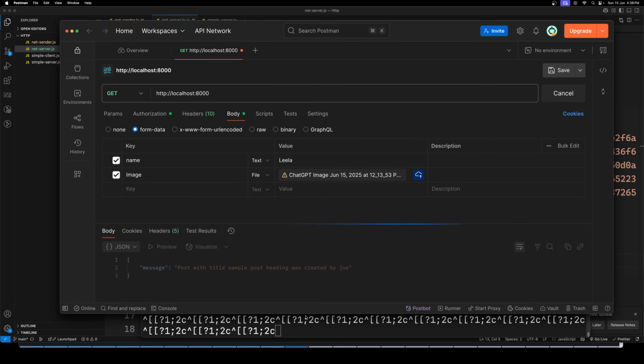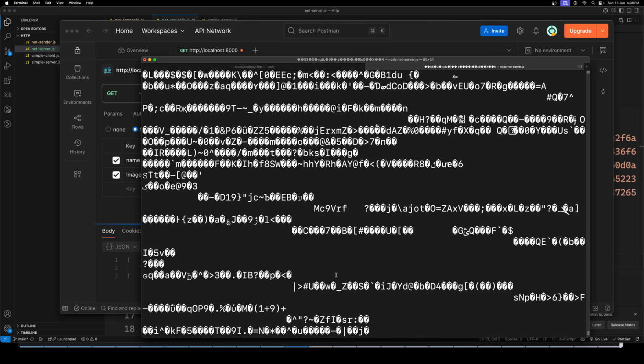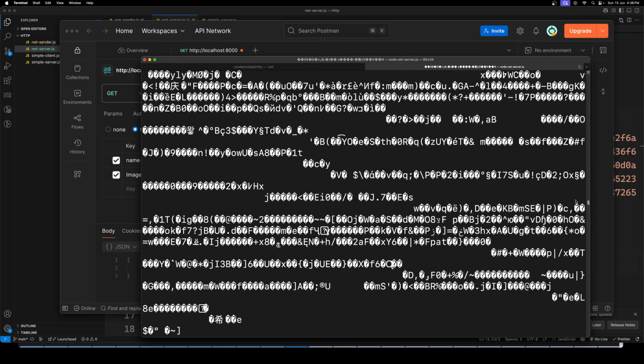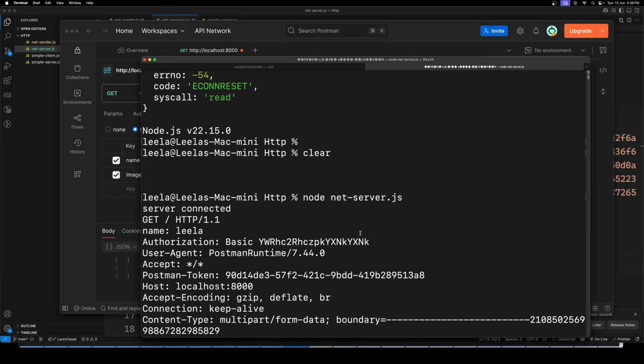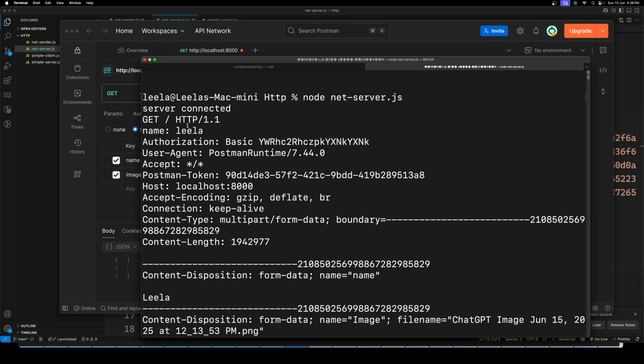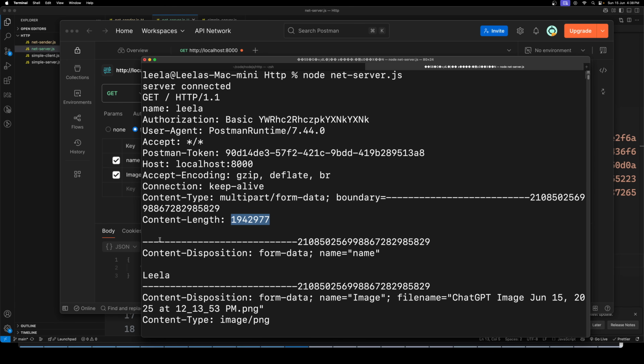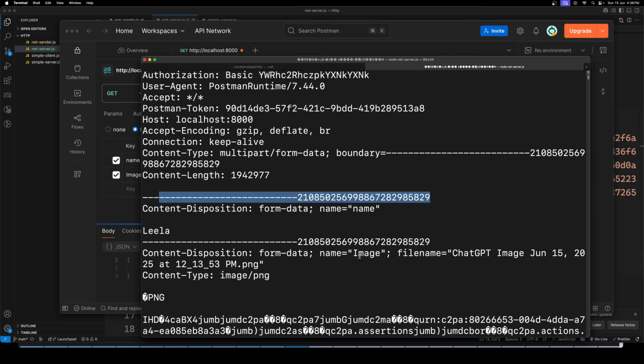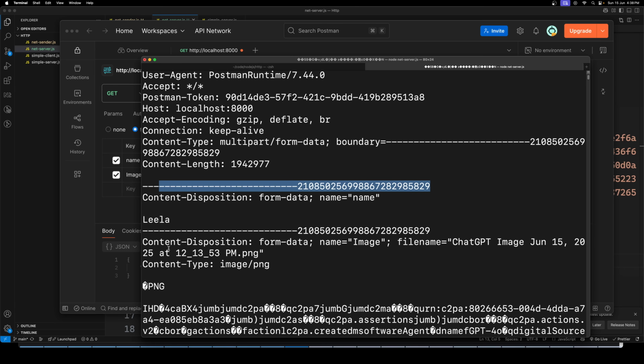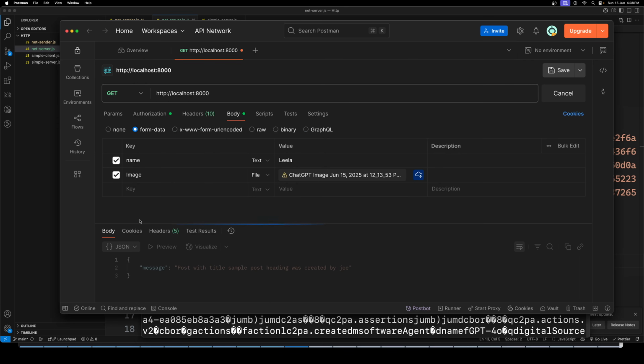Okay, here it is trying to send the response. So much data it is trying to send. Let's go to the top. Here you'll be able to see all the headers you are getting, and here this is the content multipart form data and the boundary. This is the boundary, the number by which it is divided, and the total content length is this much, and it is divided with the boundary again. Here you will be able to see the name which I am trying to send. Okay, the name is